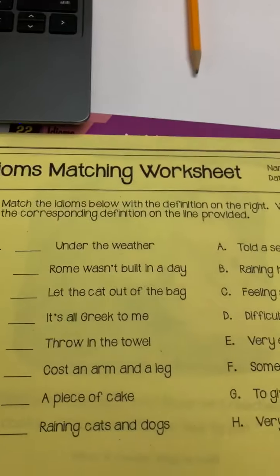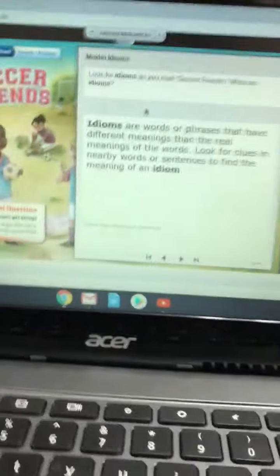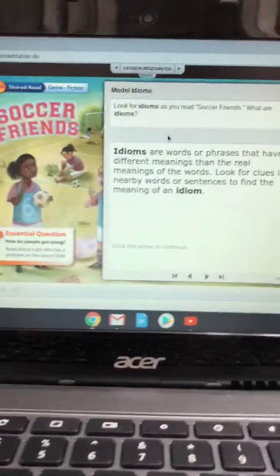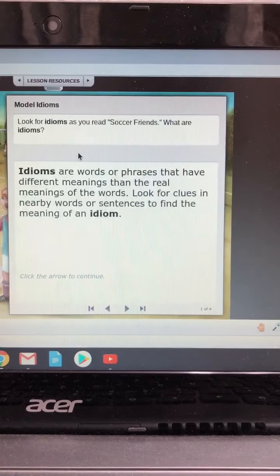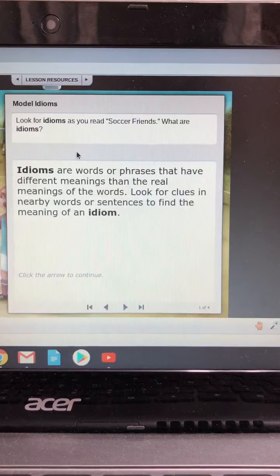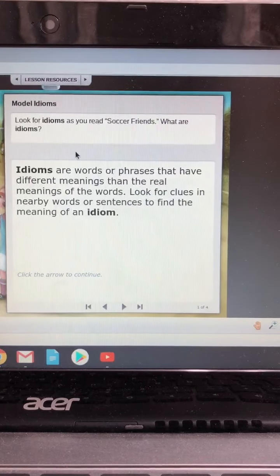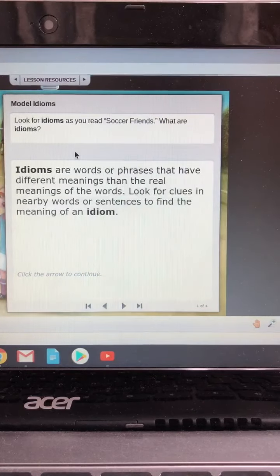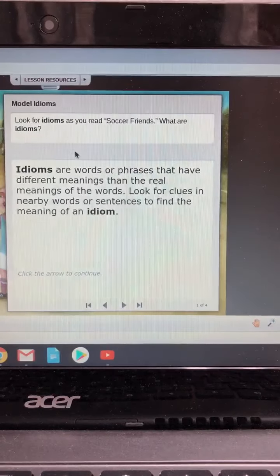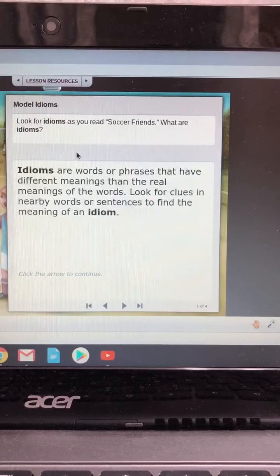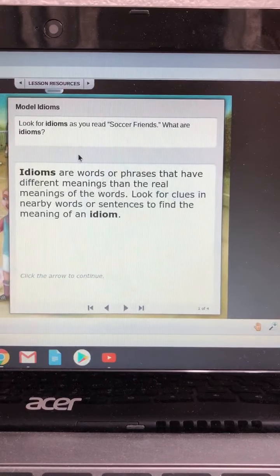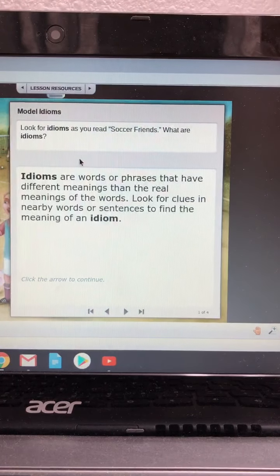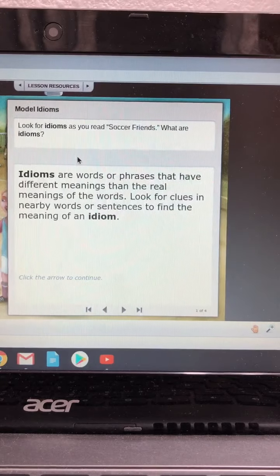Okay, so right here. Let's take a look. What is an idiom? Let's read it on the screen. Idioms are words or phrases that have different meanings than the real meanings of the words. Look for clues in nearby words or sentences to find the meaning of an idiom. Everybody say idiom. Idiom. Okay, so they're kind of funny words or sayings that don't actually mean what the words